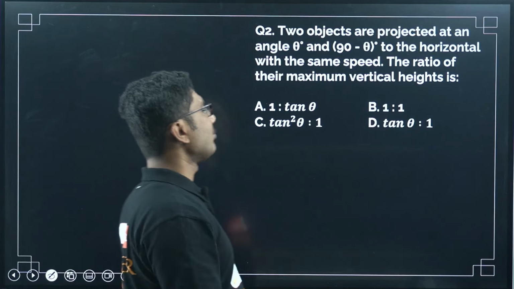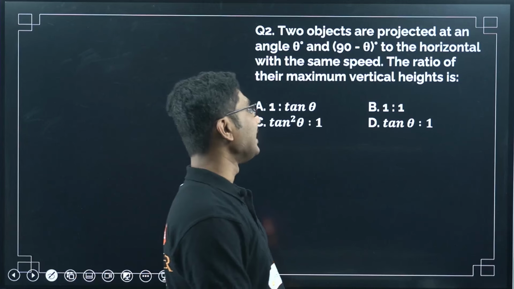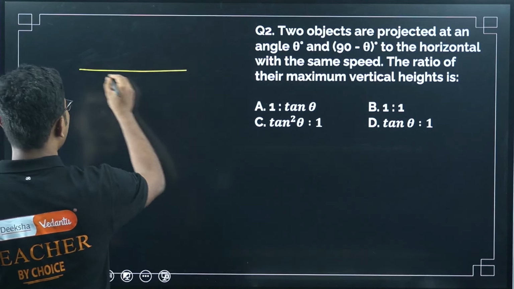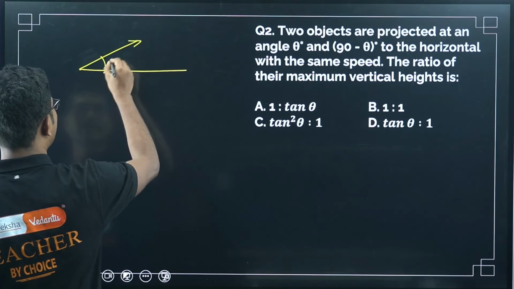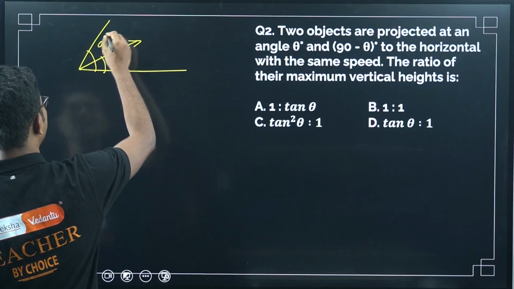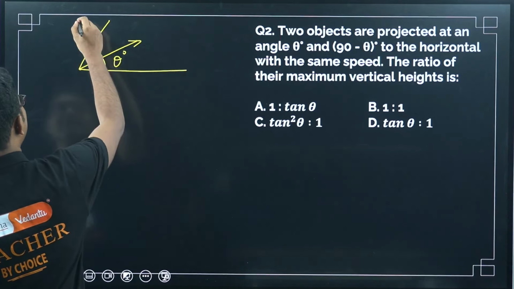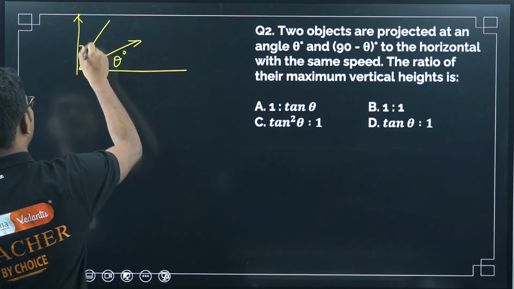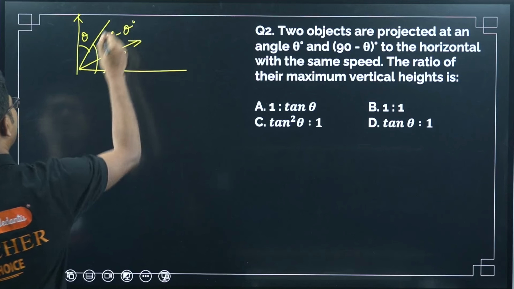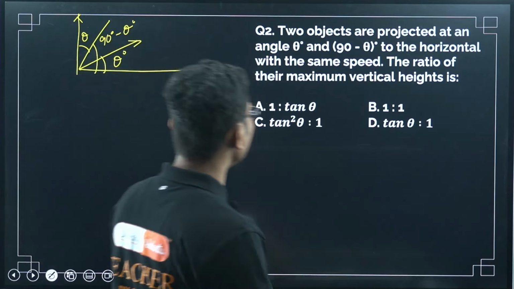Two objects are projected at an angle theta degree and 90 minus theta degree to the horizontal with the same speed. So what is the question? Two projectiles, one is projected at an angle theta degree, another at an angle 90 minus theta degree. If this angle is theta, then this angle will automatically be 90 minus theta. So these are the two angles of projection to the horizontal with the same speed, the ratio of their